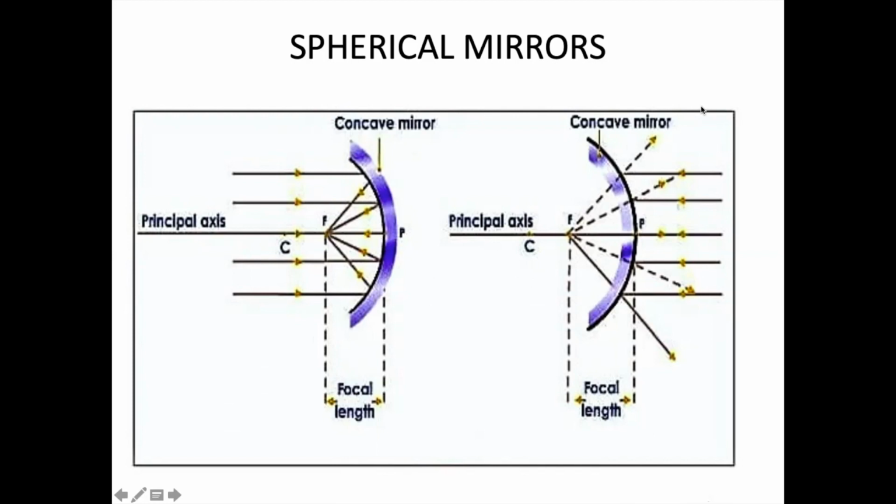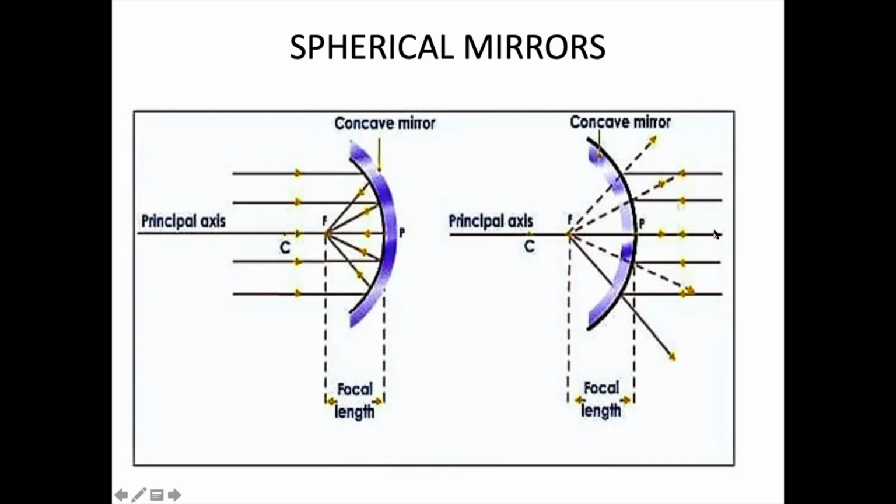Now this is written wrong. Here you take it as convex mirror. Make it convex, C-O-N-V-E-X. Okay, this is convex. So the outer surface is shining. The blue color inside is not shining. So when the rays are coming on this shining surface, what will it do? They are diverging. They are not meeting. Here they are converging. And here it is diverging.